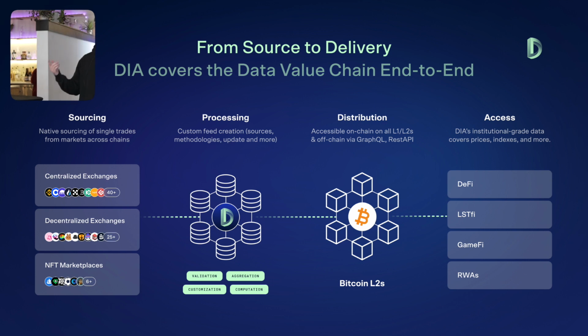Again, on the product side, when working with DIA, you can customize, I mentioned the sources, you can customize the update parameters, so how the oracle is updating, whether it's time basis or deviation basis. That's based on push-based oracles. We're actually implementing pull-based oracles as well. And again, if anybody has questions on what these terms reference, just let me know. Pull-based means basically, oh, I need an update when I say I need an update. I'm entering a position, I'm gonna trigger my buy order that then triggers the update. Whereas push-based oracles update upon predefined thresholds.